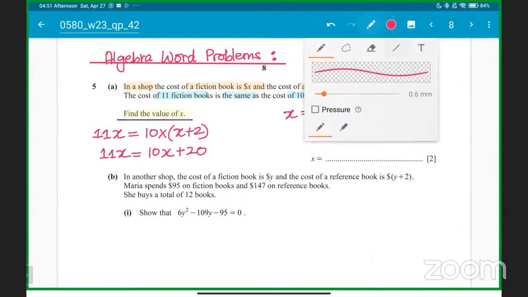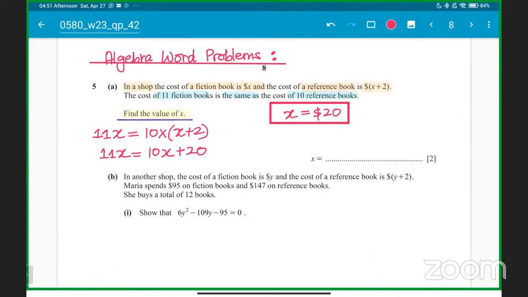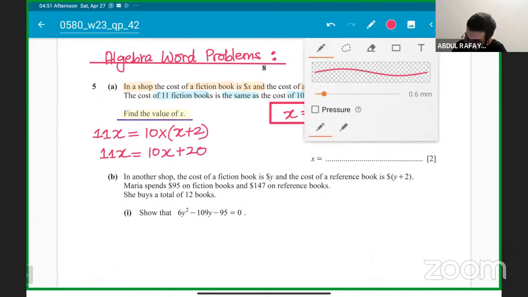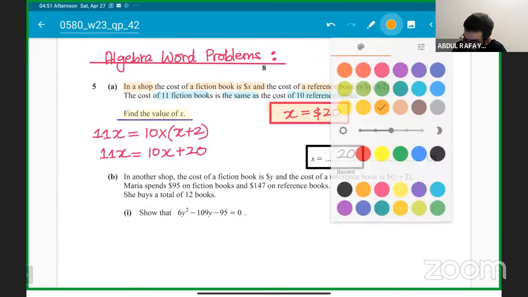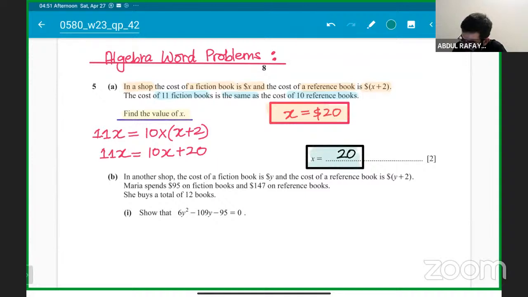10X square, not 10X. 10X स्क्वायर नहीं होगा, 10X ही होगा, स्क्वायर नहीं होगा। स्क्वायर क्यों कर रहे हैं भाई? 20 is the answer for part 1. Okay. क्या कंसर्न है? पूछिए, कोई प्रॉब्लम नहीं है। फिर रिपीट कर देता हूँ।